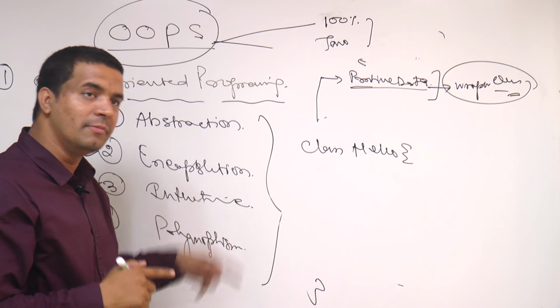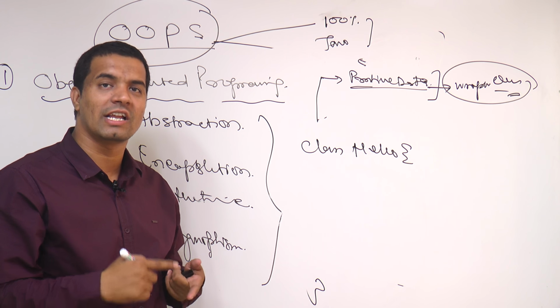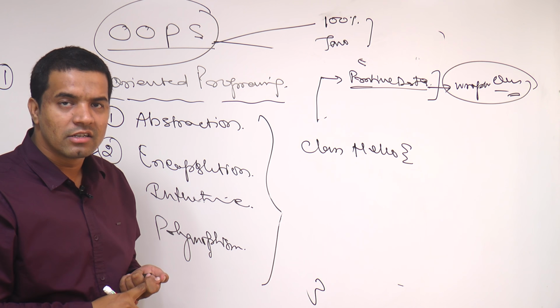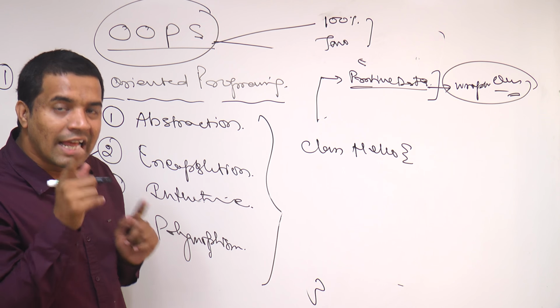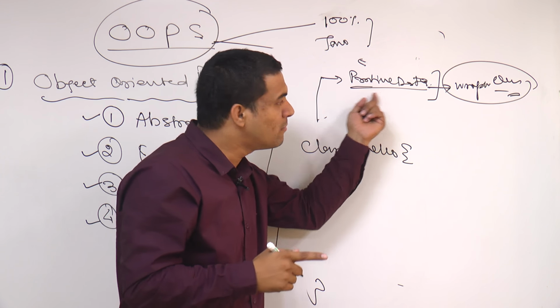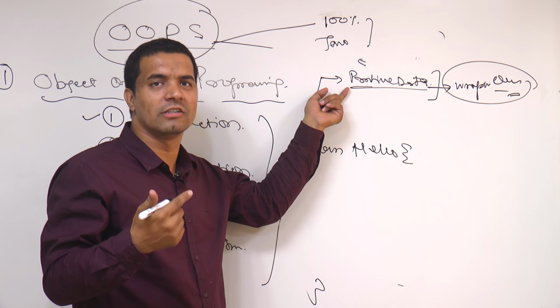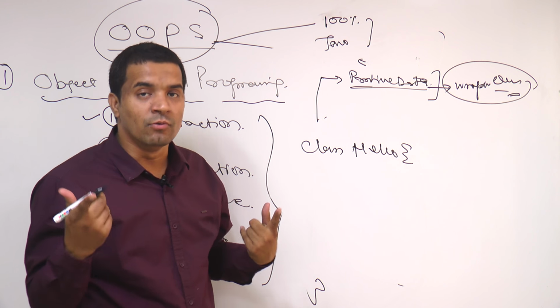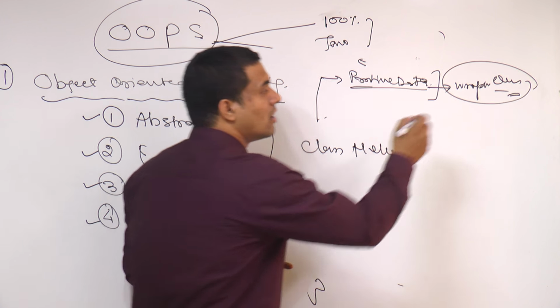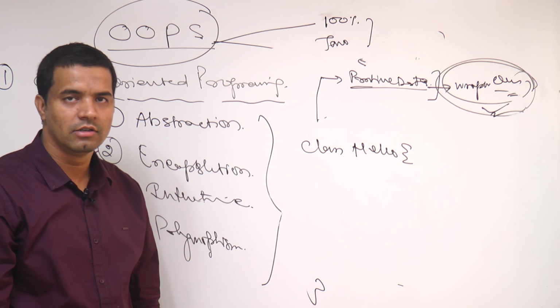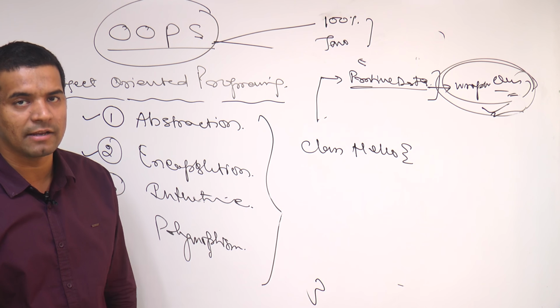Is that all the members of a class? For all the members of a class, can we create the object? We cannot create. Similarly, this is also one member of a class. So why are we expecting that we should create the object of the class? Somehow, if you want to create the object, wrapper classes are there. Use these wrapper classes wherever you need some reference type, you create the